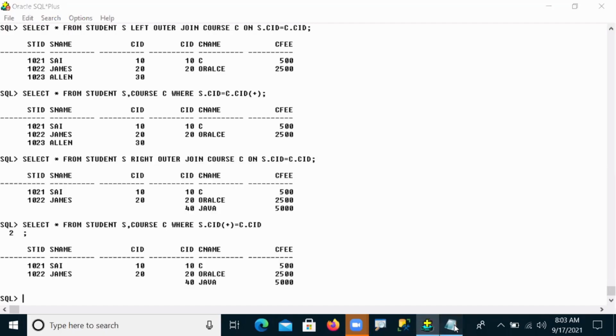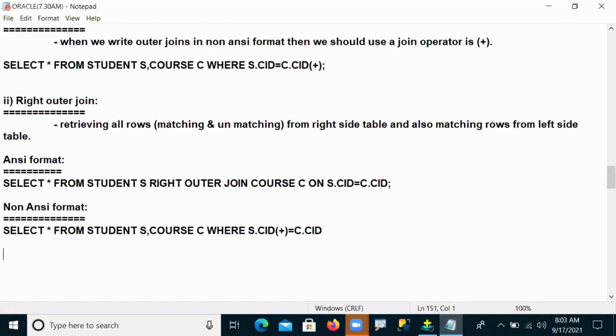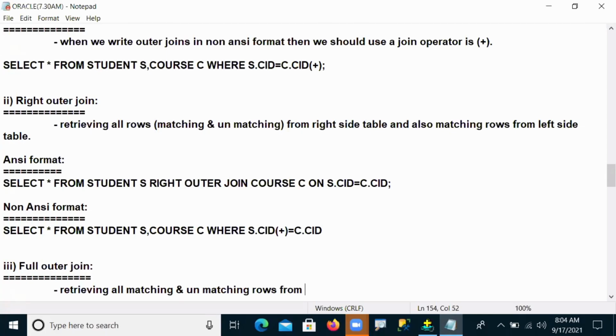But my question is, I wanted both without missing anything, without missing any data. If I want complete data, then you can use a full outer join. So full outer join, what it is saying, guys, is retrieving all matching and unmatching rows from both tables.